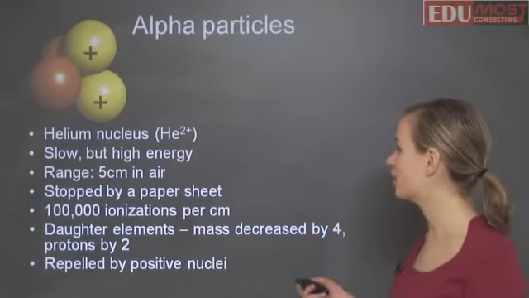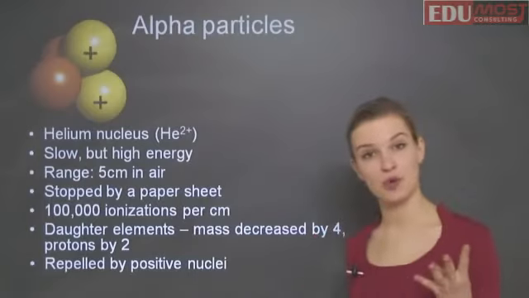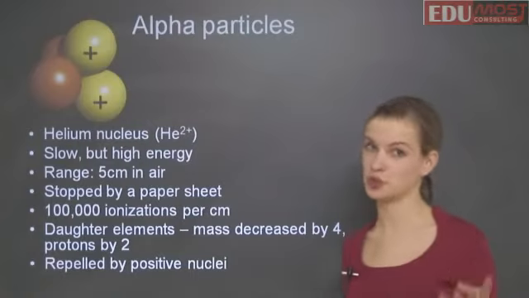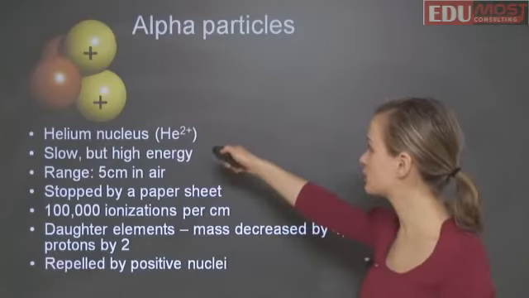An alpha particle has the weight of 4. Why is that? 4 AMU, or grams per mole. It is because it is composed of